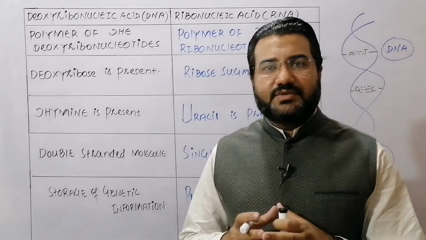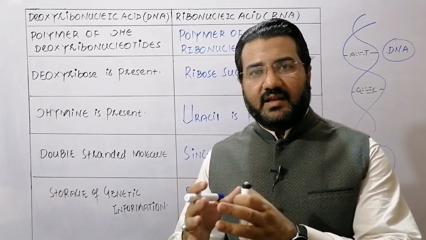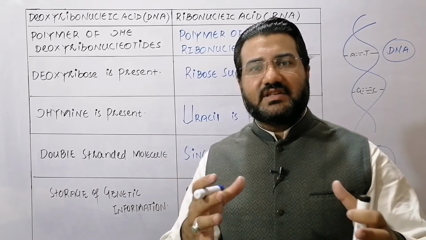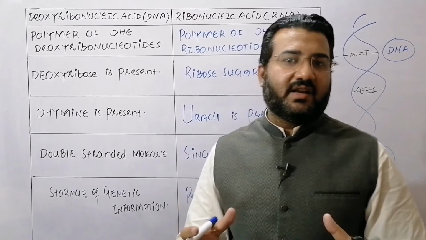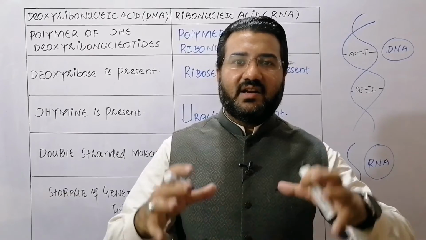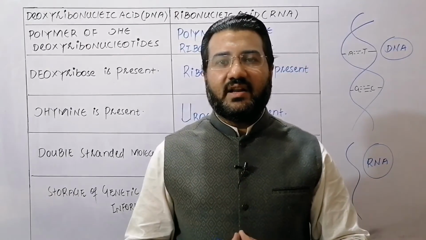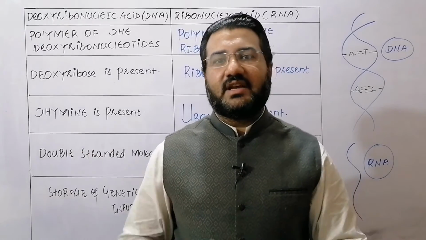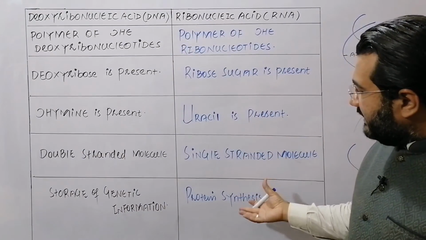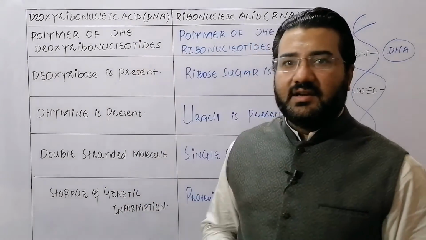Basically, there are 3 types of RNA. Messenger RNA carries information from DNA and moves into the cytoplasm. Transfer RNA collects amino acids from the cytoplasm, and ribosomal RNA provides a site for protein synthesis. So messenger RNA, transfer RNA and ribosomal RNA are the 3 types of RNA which work together to synthesize the protein in the cell. So RNA is involved basically in protein synthesis according to the information given by the DNA molecule.